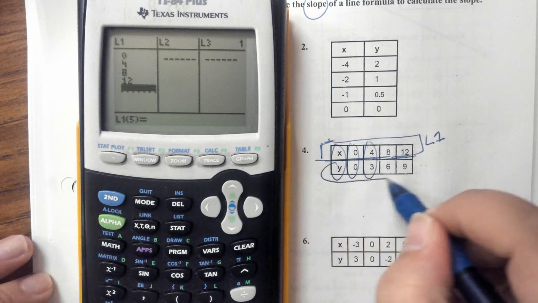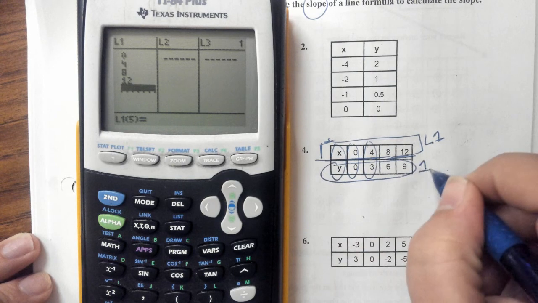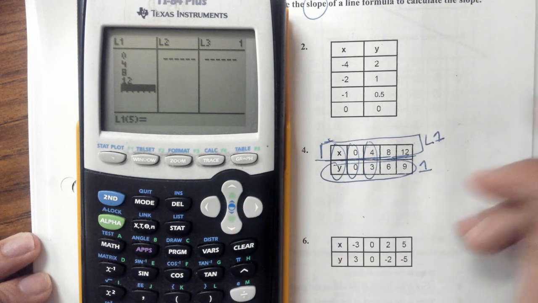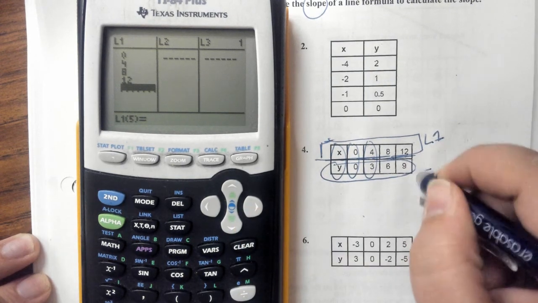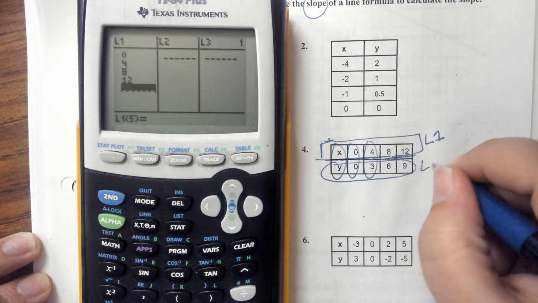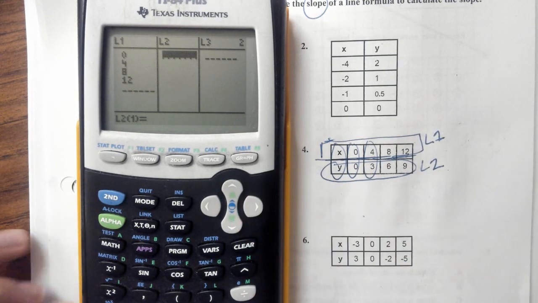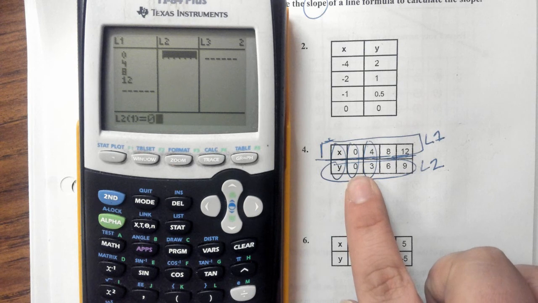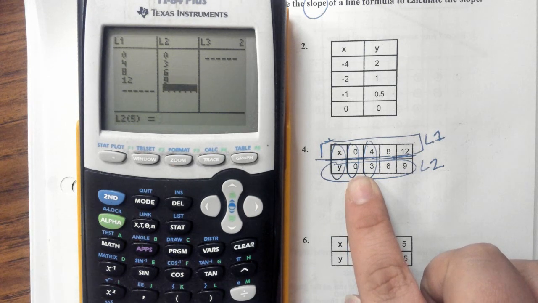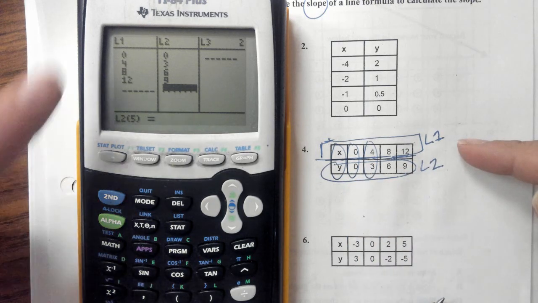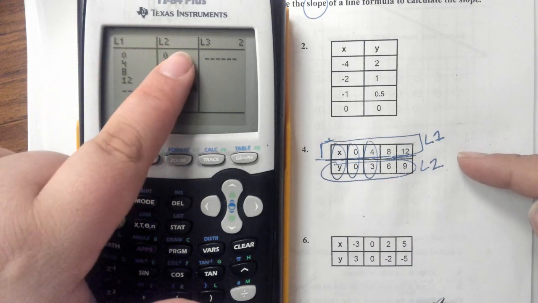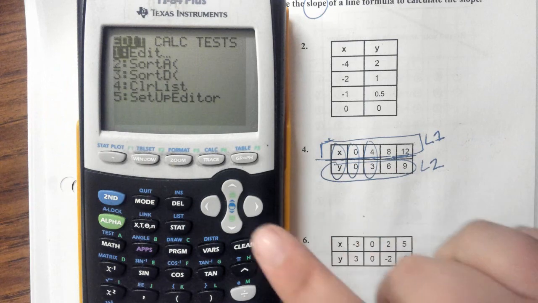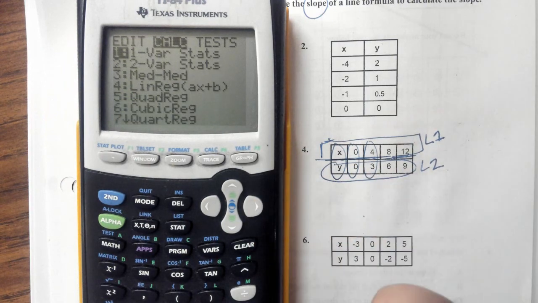In L2, we're putting the y values, so 0, 3, 6, 9. That should say L2. Scroll over. In L2 we type in 0, 3, 6, 9. Now that our values are in L1 and in L2, I hit Stat, scroll over to Calc, hit the number